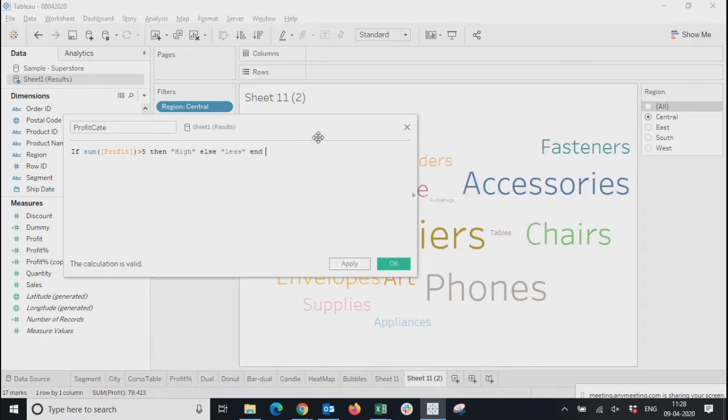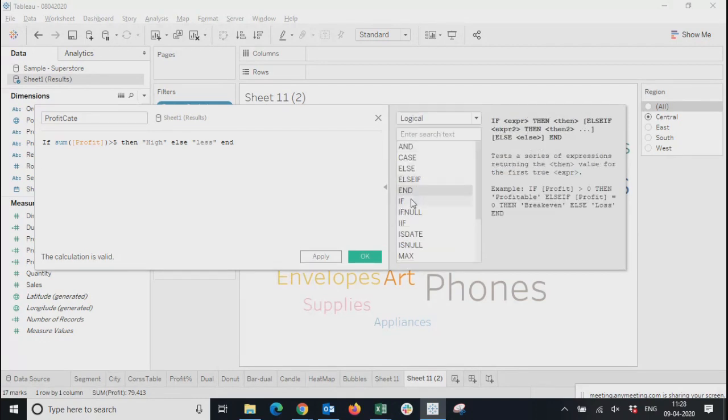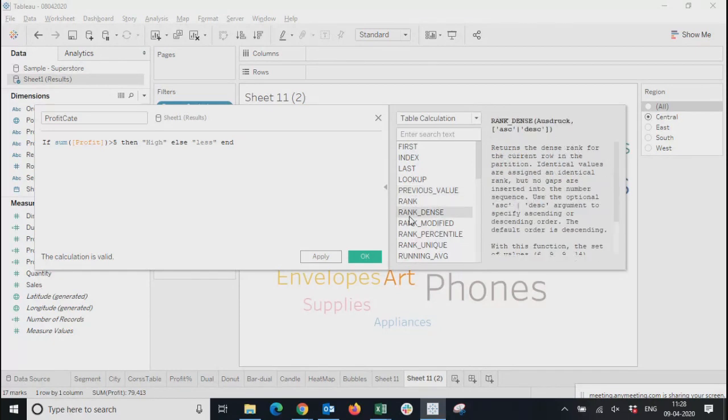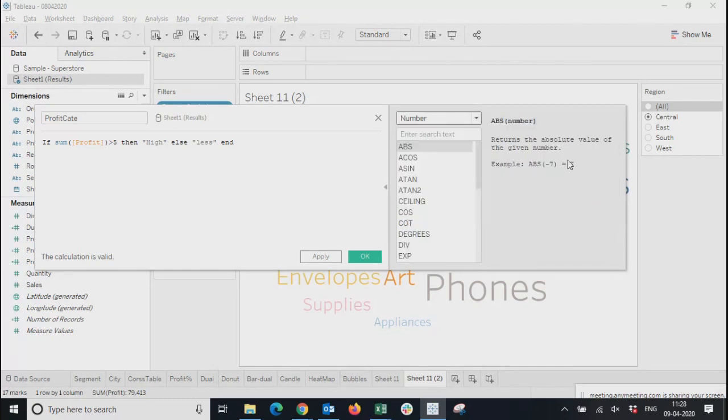like what things you will keep in mind while writing this condition, you can go here and type or look for related things. So over here, logical and if. You will see the example. It will give you an example related to each condition or function which you are going to use. Table calculation, previous, rank, whatever you select, it is going to show you those things here automatically with the example. So you will know the absolute of -7 is equal to 7, cosine of 1 is equal to this value, cosine of pi, that is this. So you need to go through these examples, what they have shown, and on that basis you can create